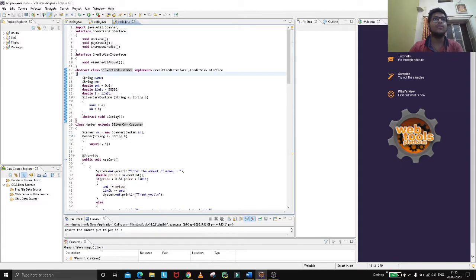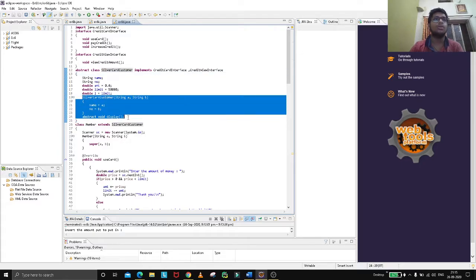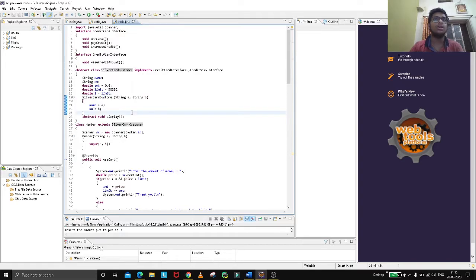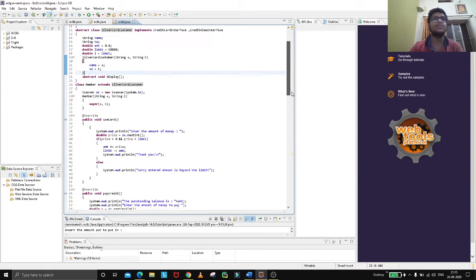So basically we have created some members and a constructor, as an easy way to get all the above things, and a display function which is an abstract display function. Now we need to create a member class which extends the silver card customer class.